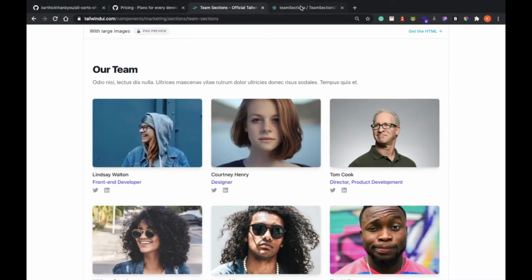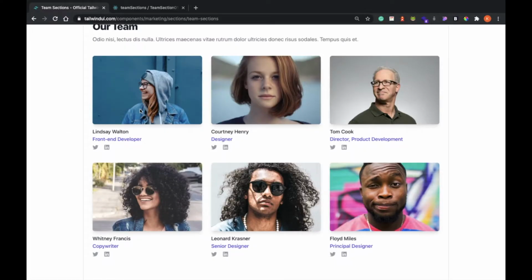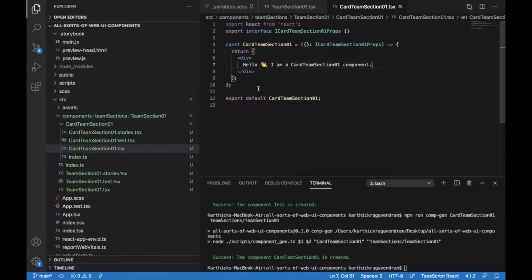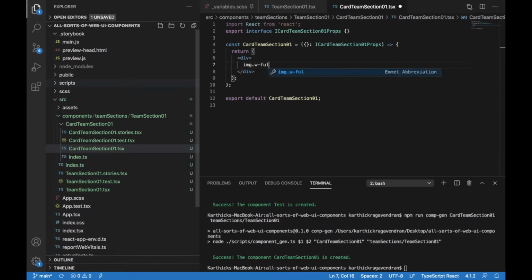So as we create this, the document keeps getting populated. So there's an image, a block of text, and then two Font Awesome icons. I have also configured Font Awesome in this project, so it will work. So image, the width is going to be full, whatever the grid allots to this place, the width will take everything, and the height will be fixed. So this is a class I have, and